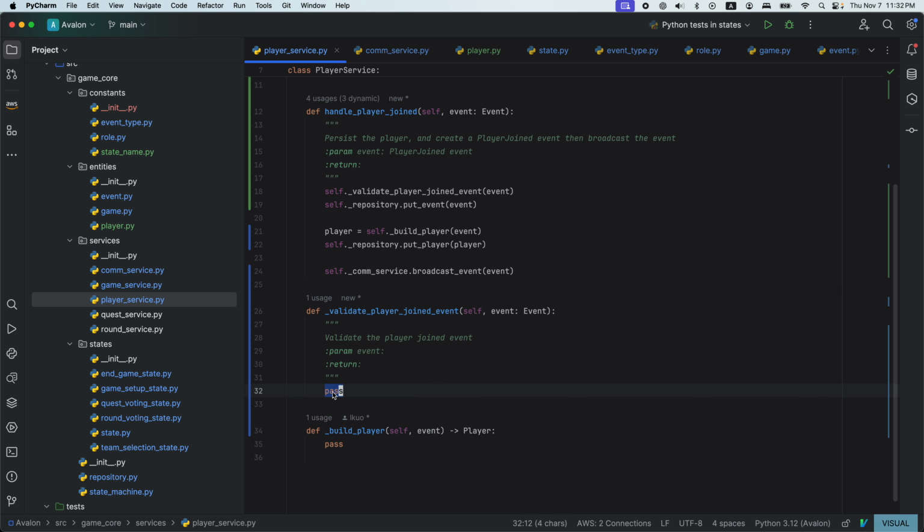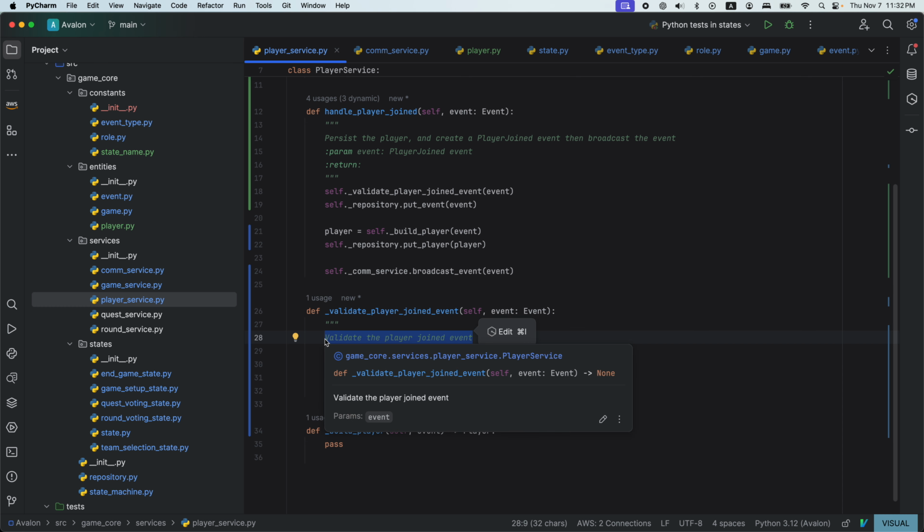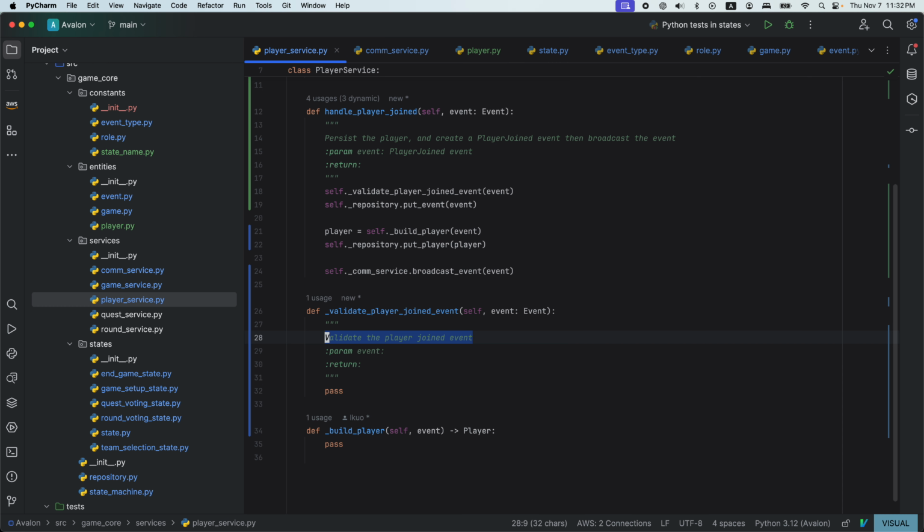Perfect. So now all we need to do is to implement these two methods. So first of all, we need to validate the payload of the event, which must contain